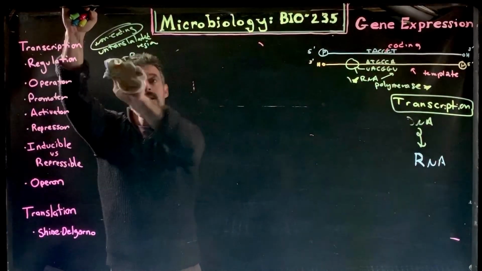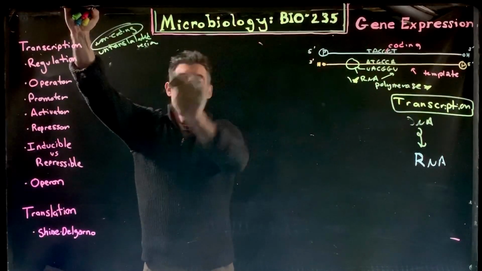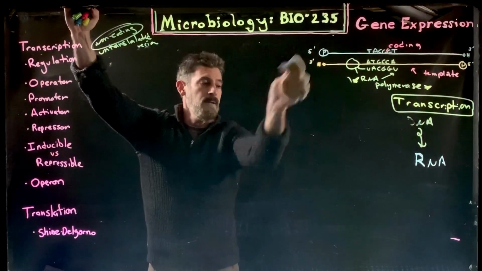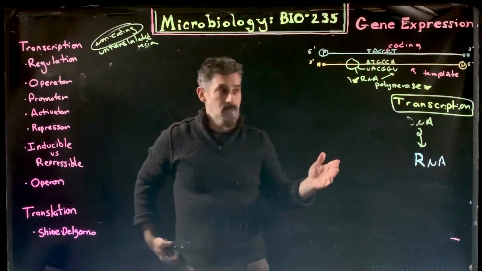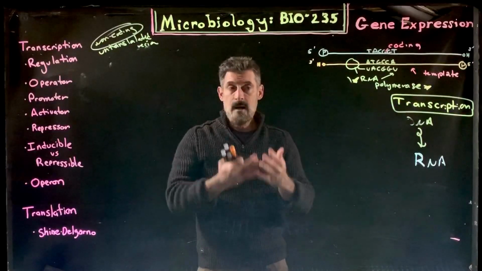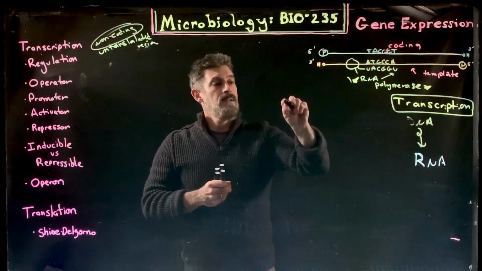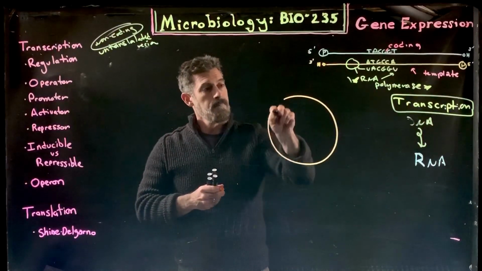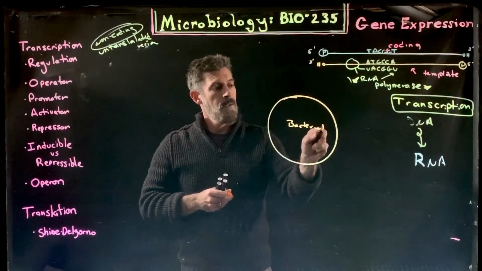Bacteria have this need to conserve space. So having a whole lot of non-coding, untranslated regions, and a whole lot of these regulatory sequences that actually don't directly code for anything is taking up a lot of space in the overall genome. So when you have the genome of a bacteria, a bacterial genome,